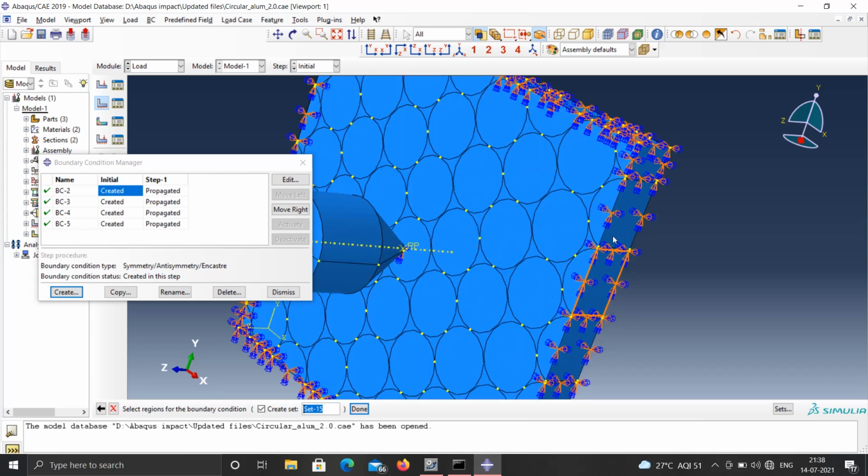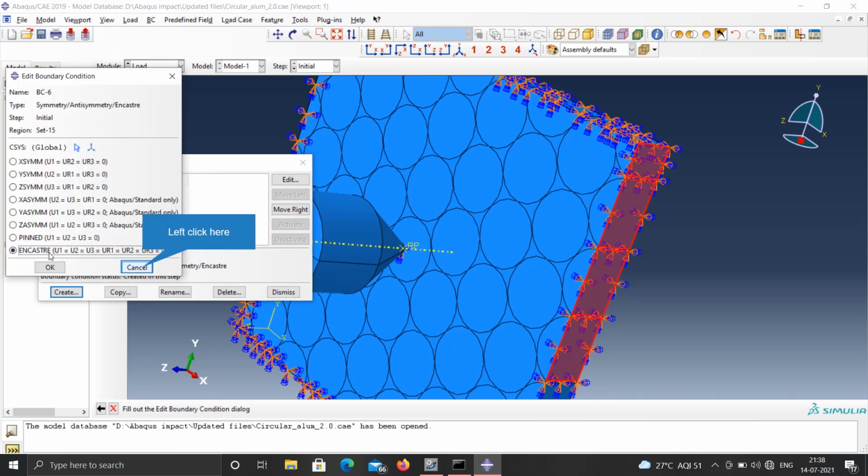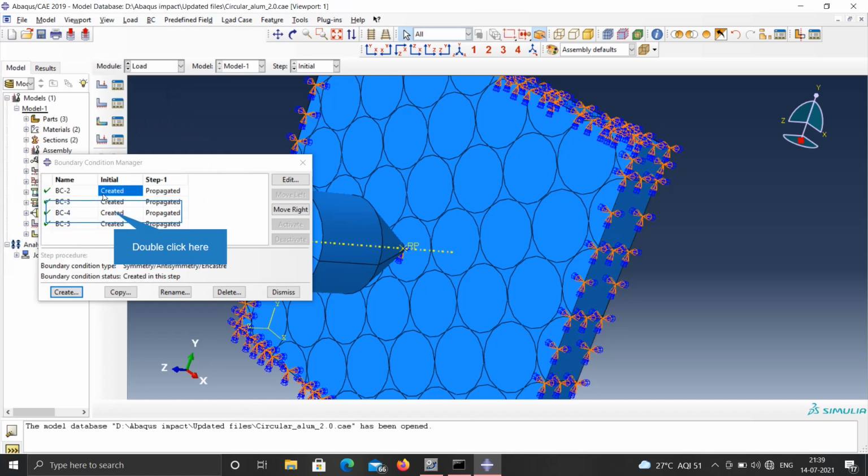Take this and select this surface. Using the shift button, just select the other one too. This way select all the edges, and going to done, you have to select the encastre property and fix